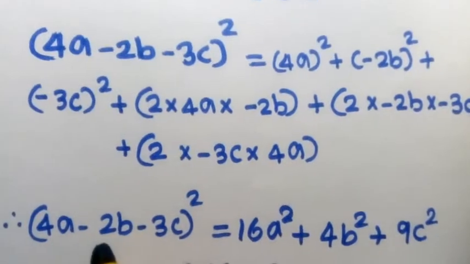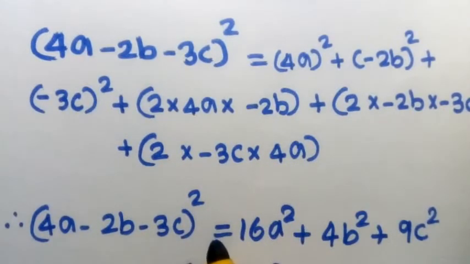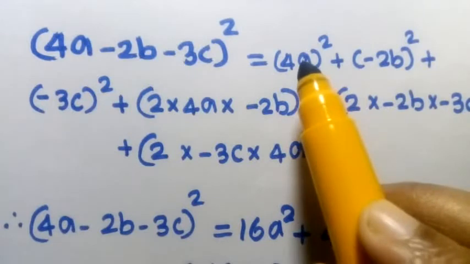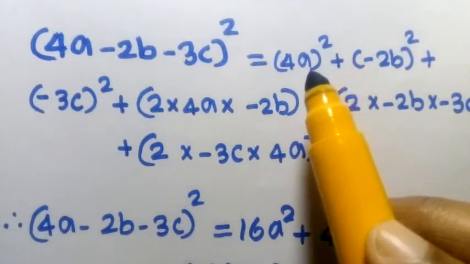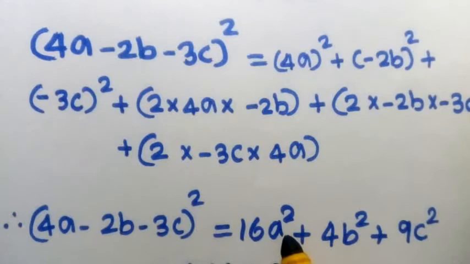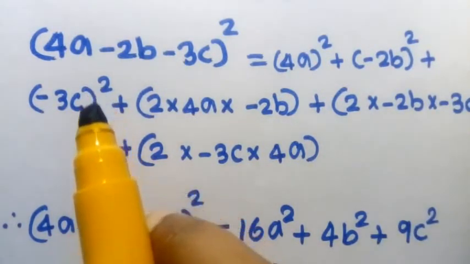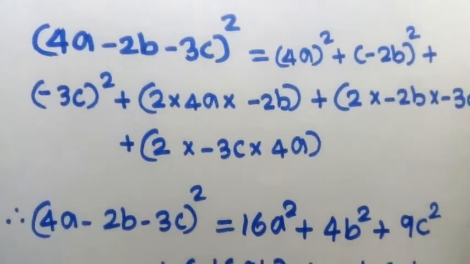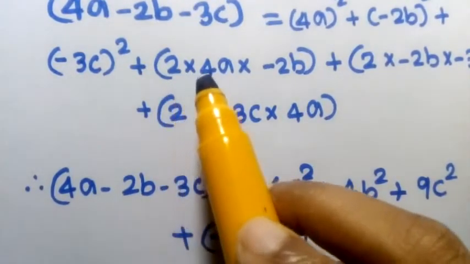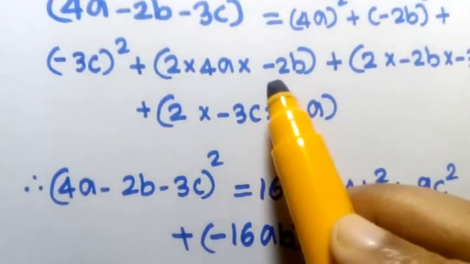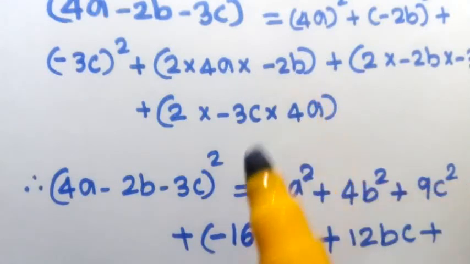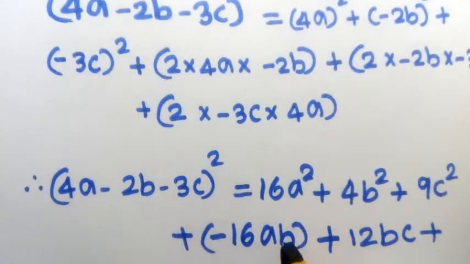Therefore, (4a - 2b - 3c)² is equal to (4a)², which means 4² into a², so (4a)² is 16a², plus (-2b)² is 4b², plus (-3c)² is 9c², plus 2 into 4 is 8. 8 into -2 is -16. a into b is ab. So -16ab, plus